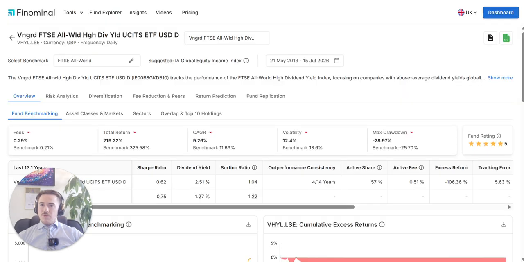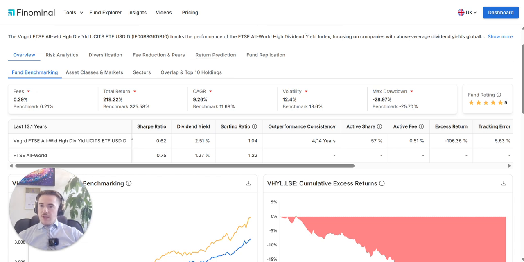Heading over to Finominal's Fund Analyzer, we can see this is a 5-star rated fund against the benchmark universe of the IA Global Equity Income Index. However, we will actually be using the FTSE All-World as the benchmark selection for this analysis. We're initially looking at headline figures. We can see, as noted, fees of 0.29% versus the benchmark's 0.21%, so slightly more expensive than the benchmark